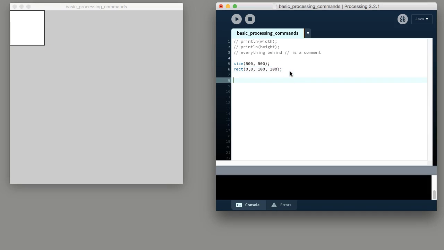Then we want to draw a circle. In this case, the command is ellipse. And if I want to draw it at 0, 0 and 100, 100, we will see, oops, what happened there? What happened is,